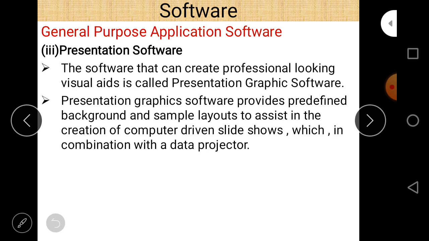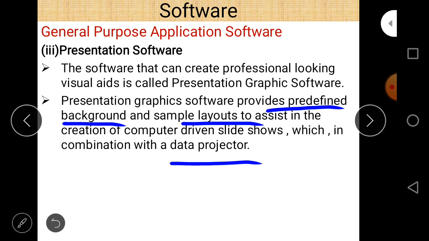First of all, in presentation software there is a concept of slides by which we can present our data, and a data projector is used whenever we present our data using presentation software. And the second important thing is that there are predefined backgrounds and layouts, so we don't need to create a layout and background for our slides.